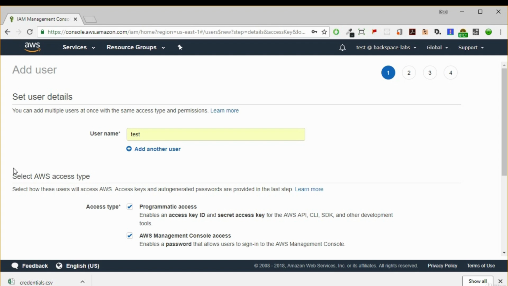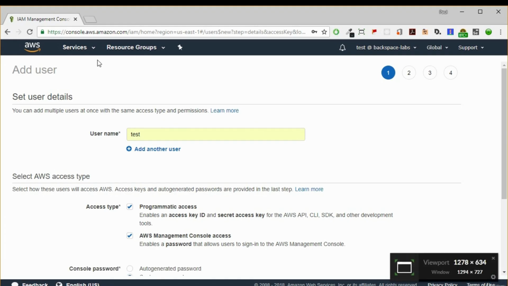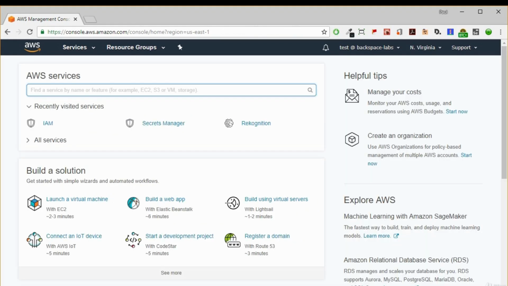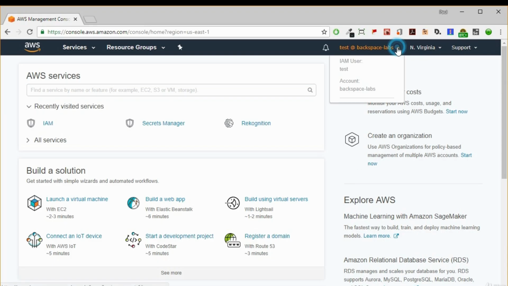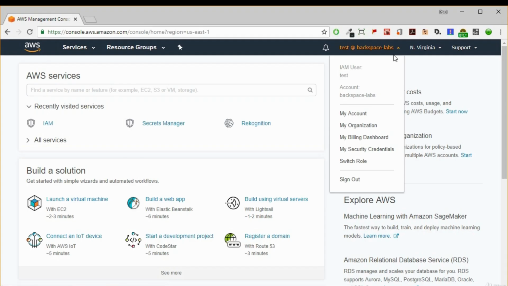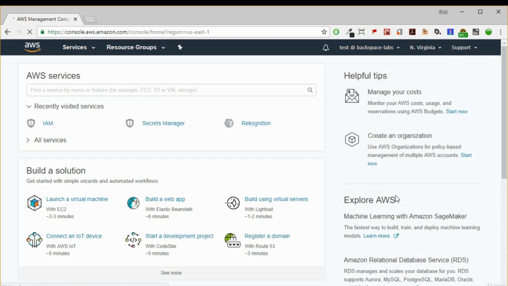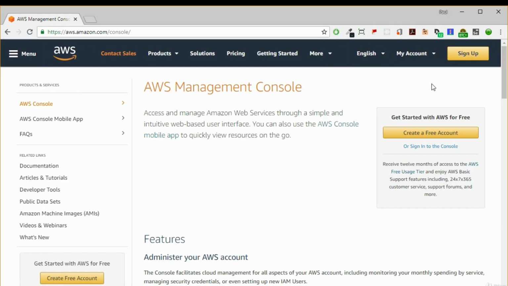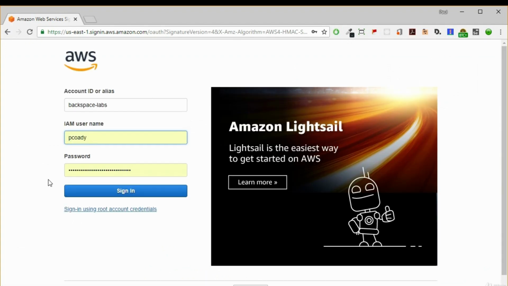So now we don't need to use those root user credentials. What we can do now is change those root user credentials. To do that, we need to log in as the root user. So we go to our account up here. I'm logged in as test, so I want to sign out and then log in with root access. I click on Sign out, and that takes me back to the AWS homepage. If I go back into my account, AWS Management Console, I get this screen that we had before. Down the bottom here is a link, Sign in using root account credentials. So I'm going to click on that.